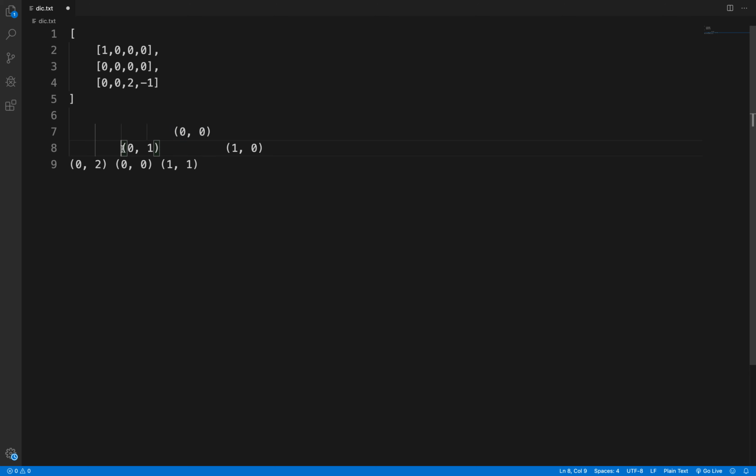Whenever we visit any node, we'll mark that node as visited, because we came to 0 1, which means it is not an obstacle. So we'll set that node's value to -1, marking it as an obstacle, which means we cannot traverse that node anymore.